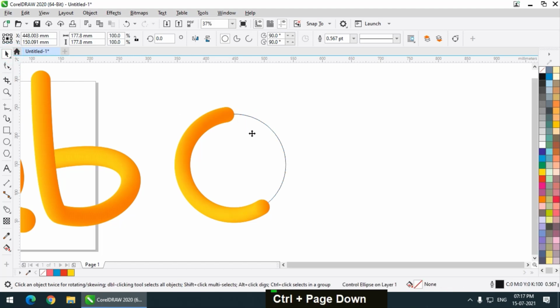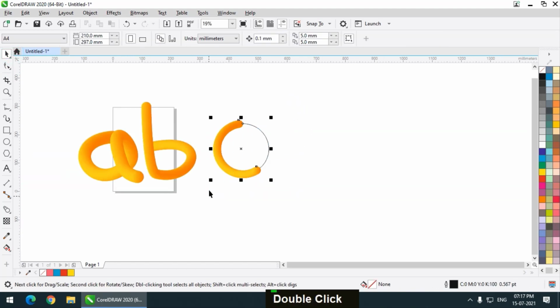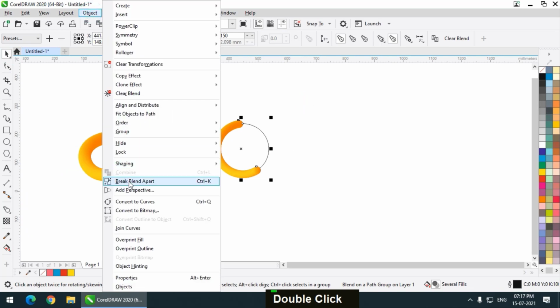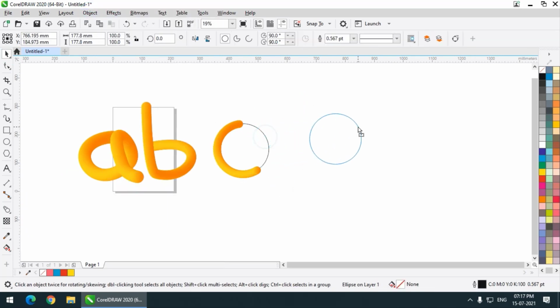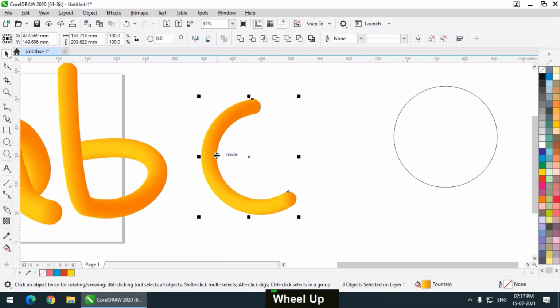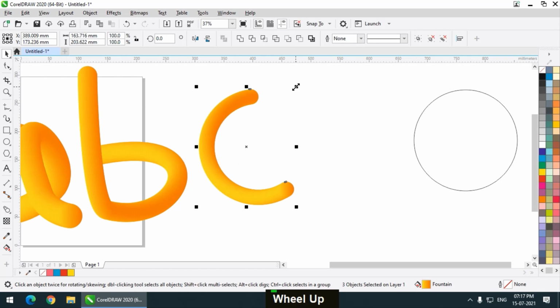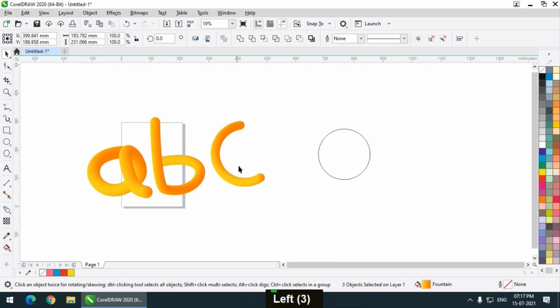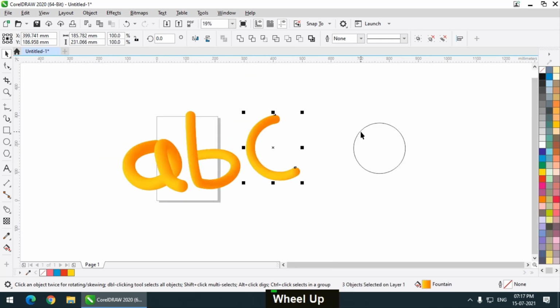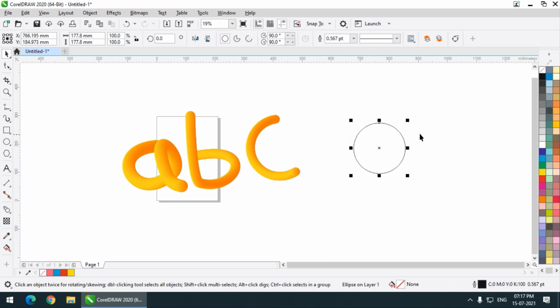Now if you want to separate this, you can simply click, go to Object and Break Blend Apart, so it will be broken separately. So this is how it will look. You can always use different colors, different shapes, and you can also create your own outlines.